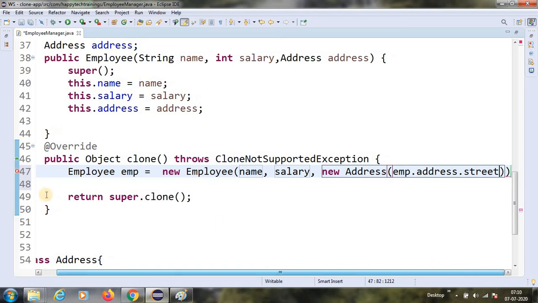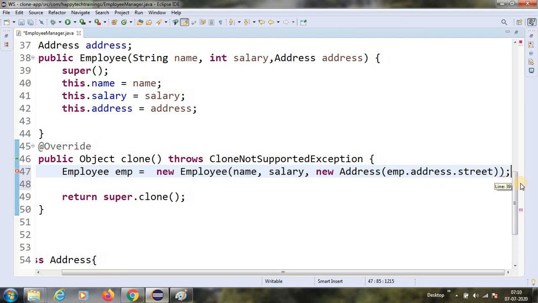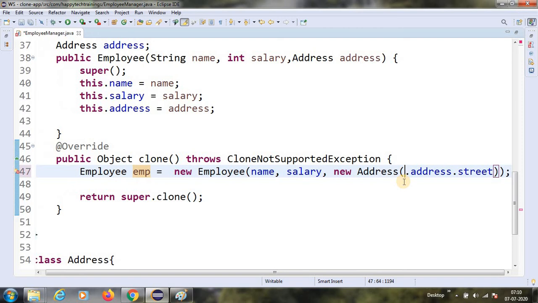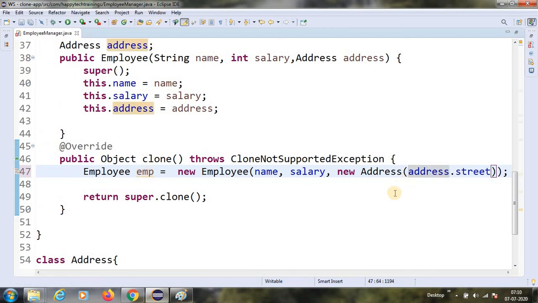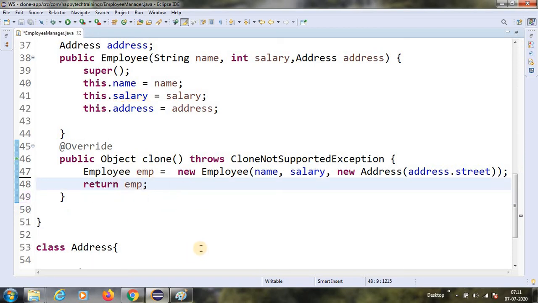So what we are doing, simply in a nutshell, is just creating a separate object and then passing this. Okay, like this. So name, salary, and we are creating the employee object. This object will be passed back. So this will give us the deep copy. I'll draw the diagram to show how it will look after this. Now let us check first.